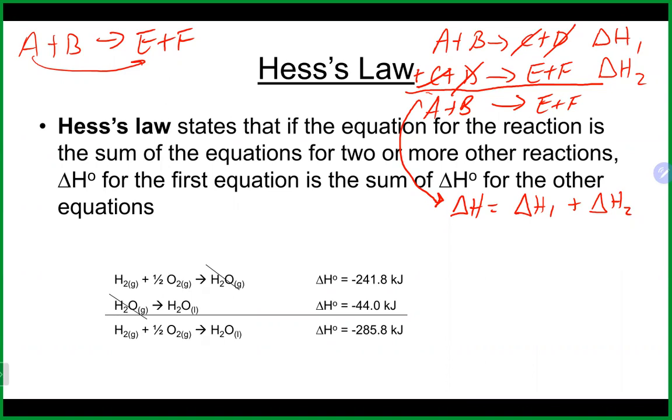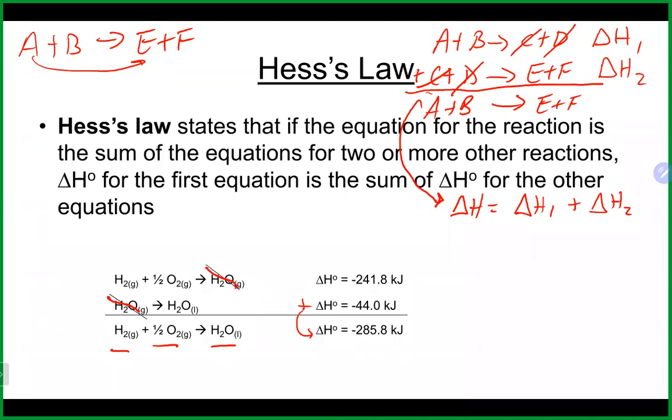You have a bunch of individual reactions. You need to rearrange them in such a way that when you add them together, you basically get the reaction you're looking for. So once again, if we look here on the bottom, if we were to add these together, the water that's a gas would cancel, and then our H2 would stay on the left, our half of O2 would stay on the left, and our H2O that's liquid would stay on the right. We then didn't really do anything to these reactions, so we would just add our delta H values together, and that would give us, for this particular reaction, formation of liquid water, a delta H of minus 285.8